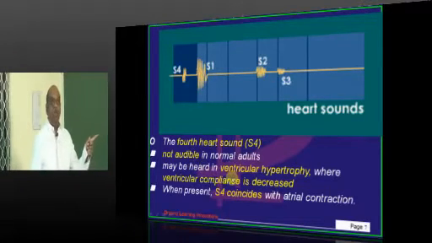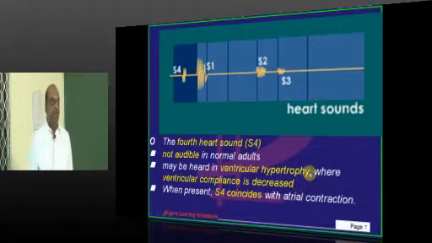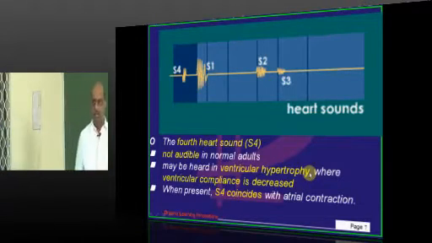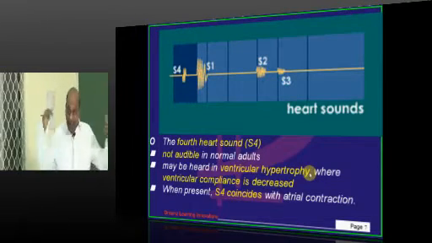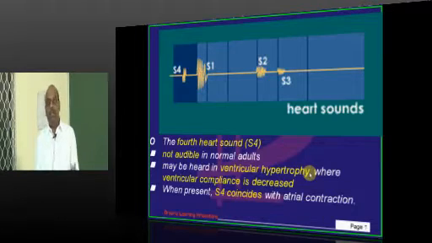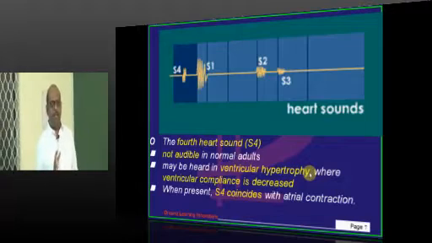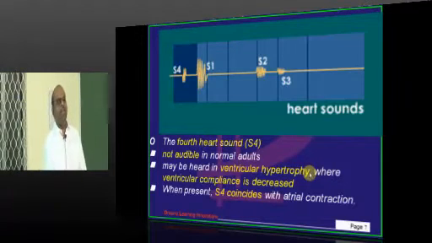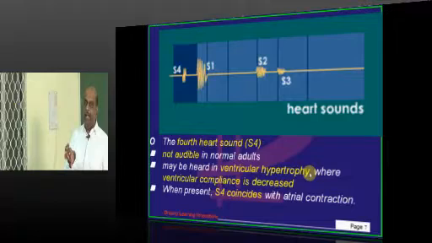But in people who have left ventricular hypertrophy, suppose somebody has hypertension with left ventricular hypertrophy, in such a person the ventricular compliance is low. That is, first 1/3 filling is over, second 1/3 is over, the ventricle is lazy, it is not ready to receive any volume. Into that non-receiving ventricle, the atrium will be shouting